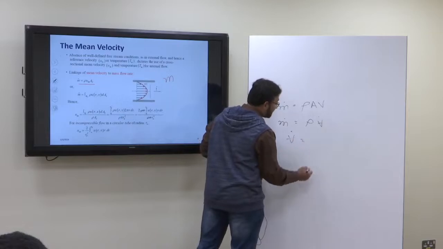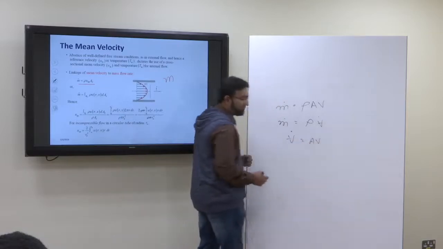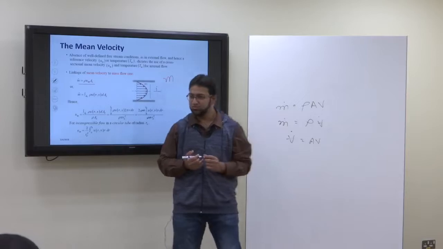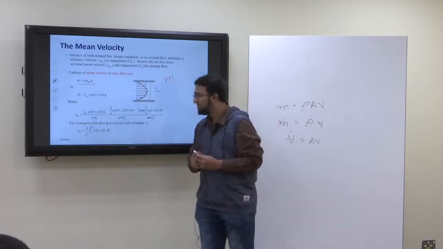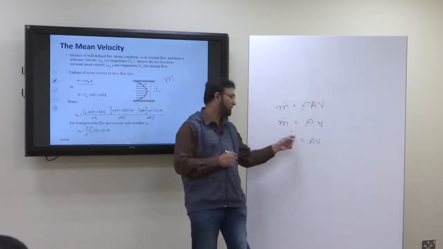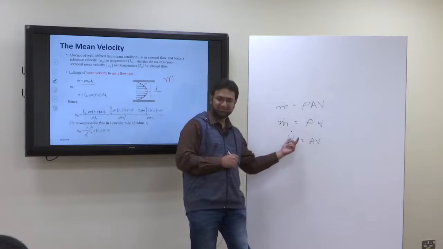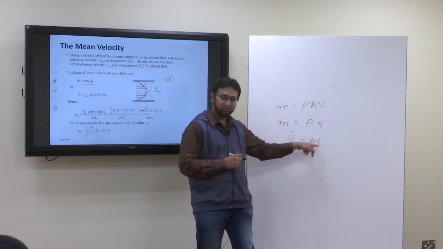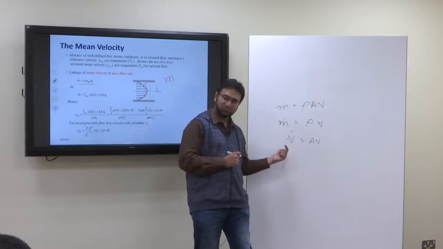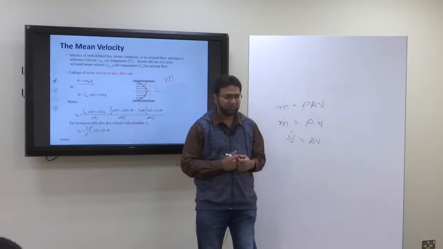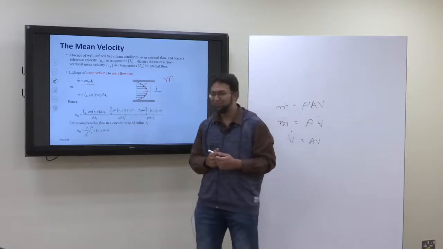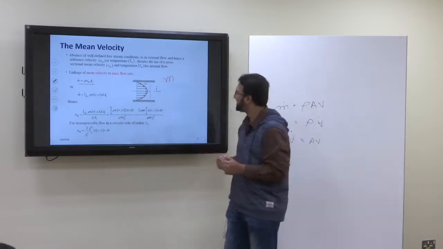So V dot is basically AV, cross-section area times velocity. I also asked you to prove it based upon the units. Put the unit of area, put the unit of velocity, and see whether the unit of volume flow rate matches. We did not make videos for thermodynamics. Anyways,